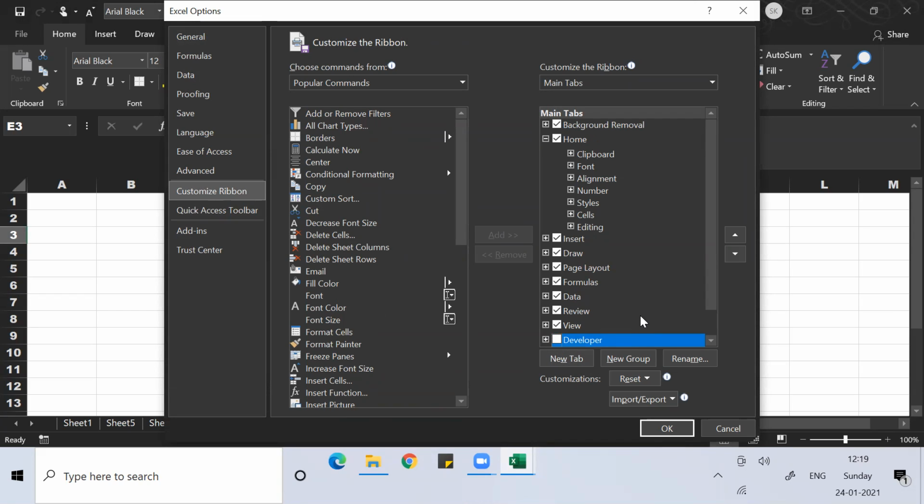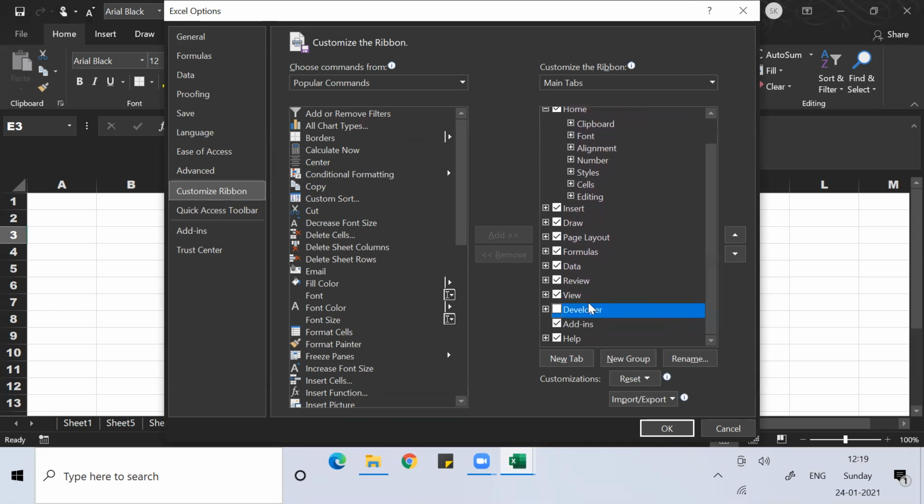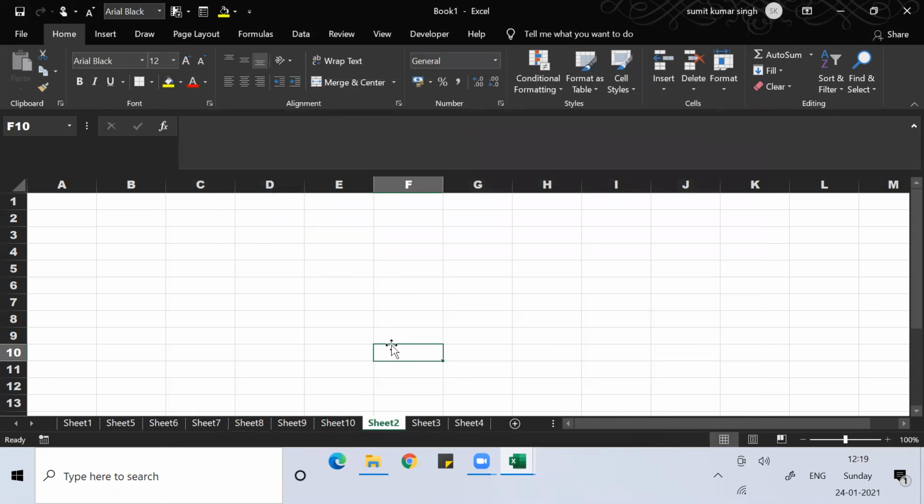More or less when you're working on Excel, we find Home, Insert, Page Layout, Formula, Data, Review, View, those tabs are commonly visible, but the developer tab many times is not. So in case it's not visible, you can make it visible from Customize Ribbon.